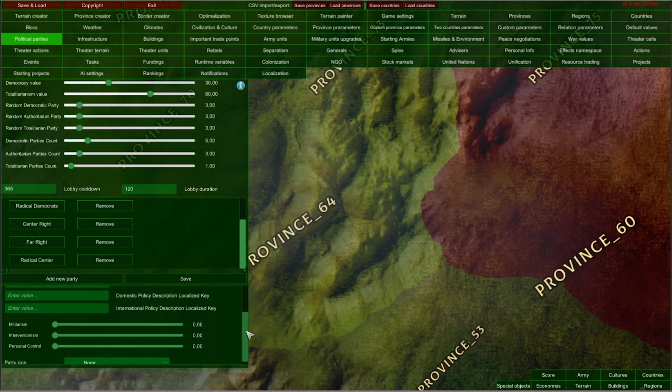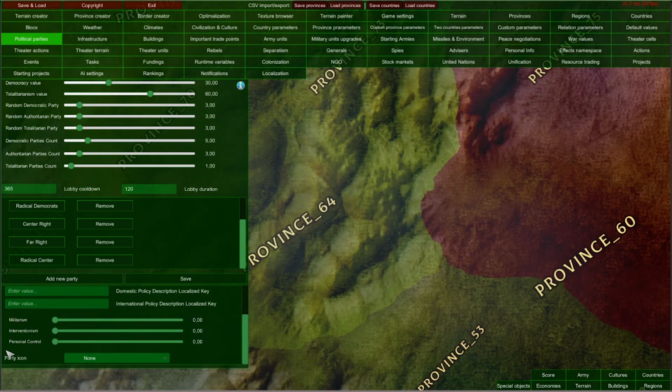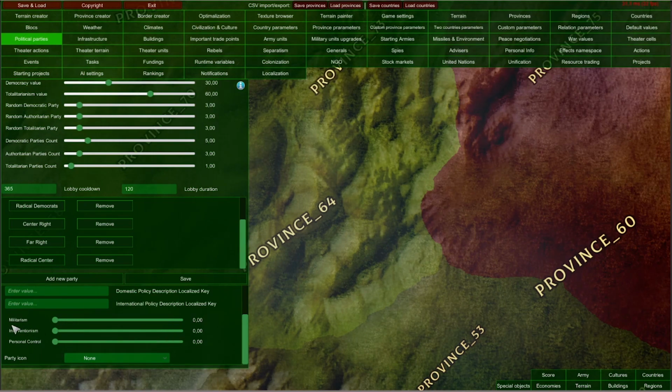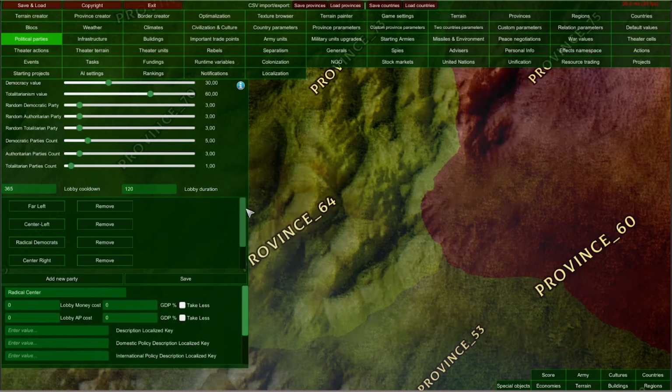And if you scroll down here to the bottom, you can also choose party icon, which is pretty straightforward. And also you can choose the ideal militarism, interventionism and personal control values for selected party. So these are the values of your country with which this party is most comfortable with and has the biggest chances of becoming the leading party in your country.